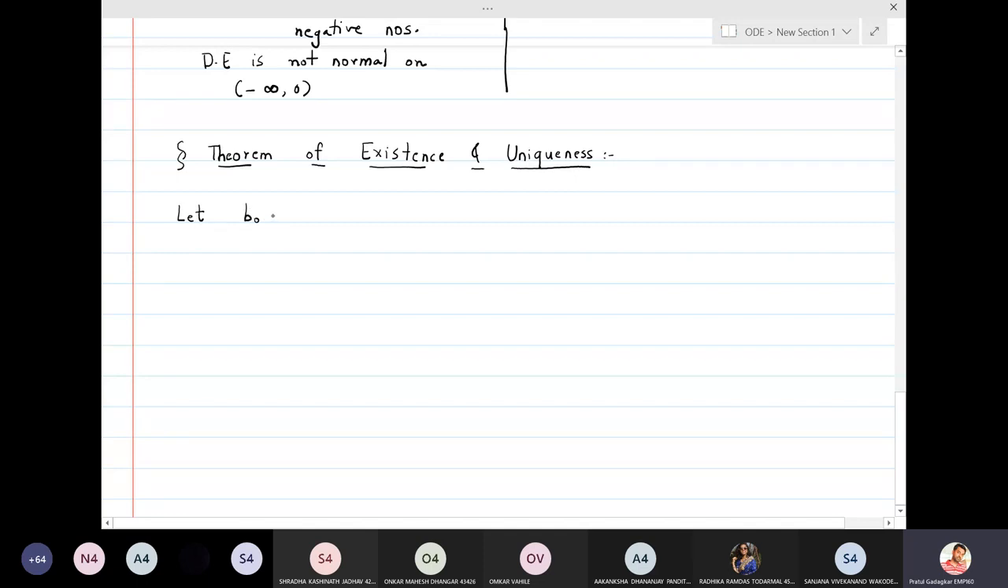b0(x) d^n y/dx^n plus b1(x) d^(n-1) y/dx^(n-1) and so on plus bn(x) y equal to r(x) be a differential equation which is normal